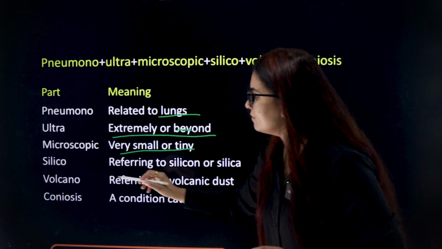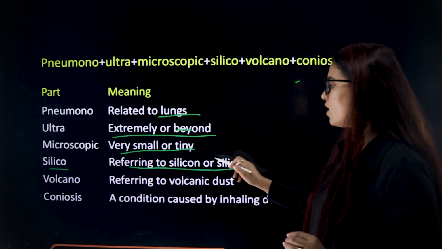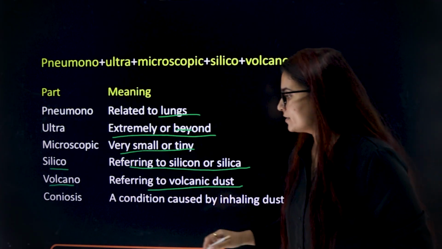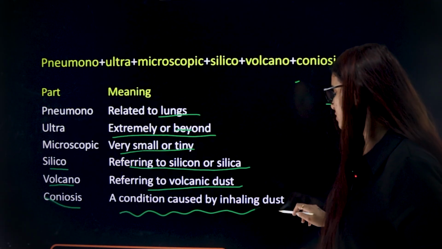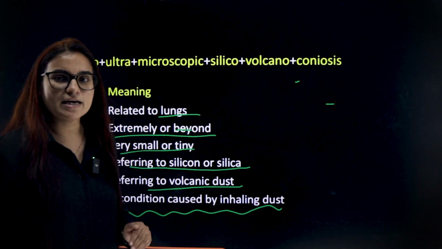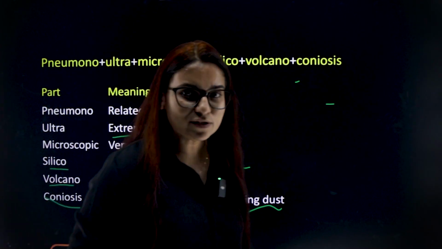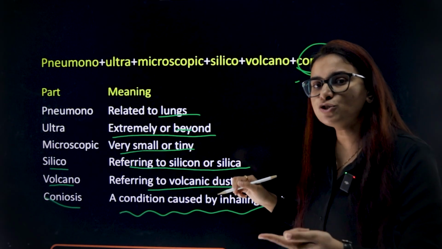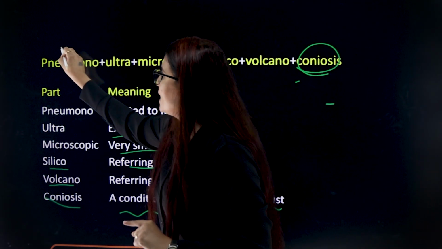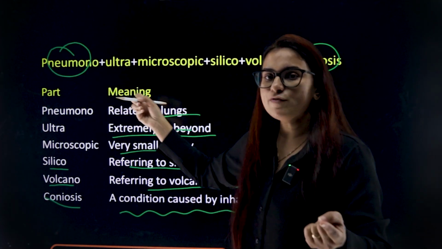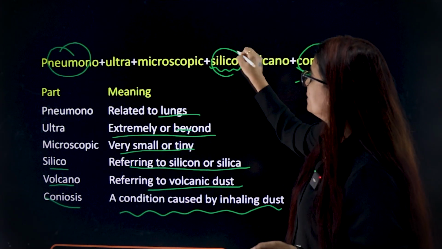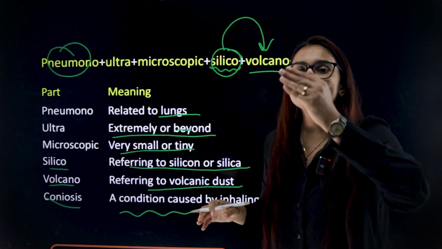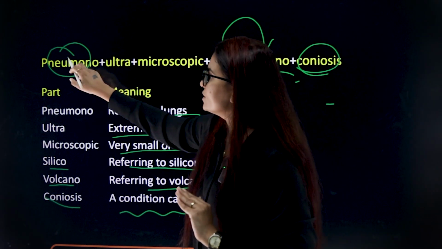Then we have silicon, which is related to silica or silicon. Then we have volcano, referring to volcanic dust. Then we have kenosis, which is a condition caused by inhaling dust. When you inhale dust, it becomes kenosis. Now, this word has something to do with a disease in which you have inhaled something and it has developed in your lungs. What have you inhaled? You have inhaled some silicon which was erupted from a volcano. So somebody was going around a volcano, they inhaled some dust of silicon and it goes into their lungs and it